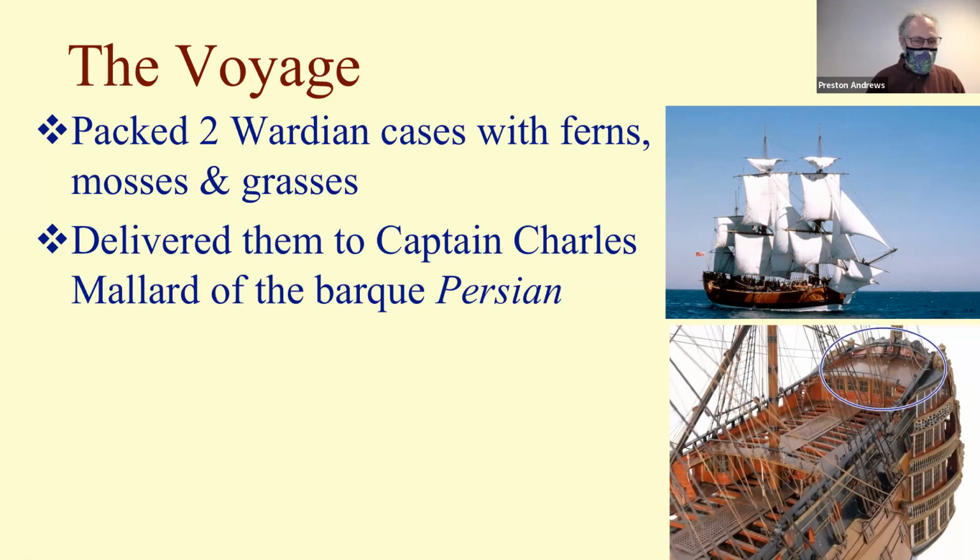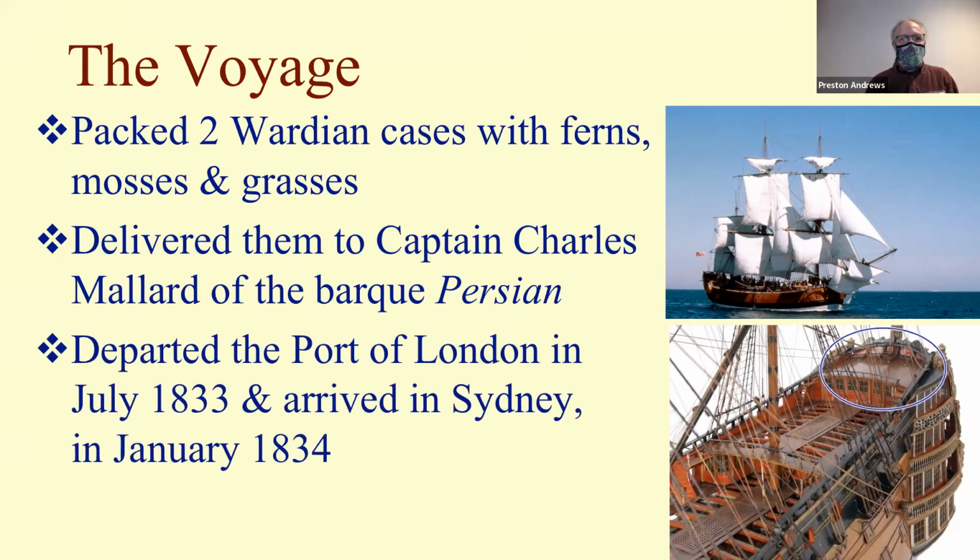So they prepared these 2 Wardian cases and their botanical contents, and they were going to endure 6 months sitting there on the poop deck of these. So they sailed around the Cape of Good Hope and across the Indian Ocean, stopped off in Tasmania, spent a month in Tasmania, went on to Sydney, delivered the plants to the Sydney Botanic Garden, and let's see if I got this right, yeah, 1833 they left London, January of 1834, 6 months later they arrived in Sydney,